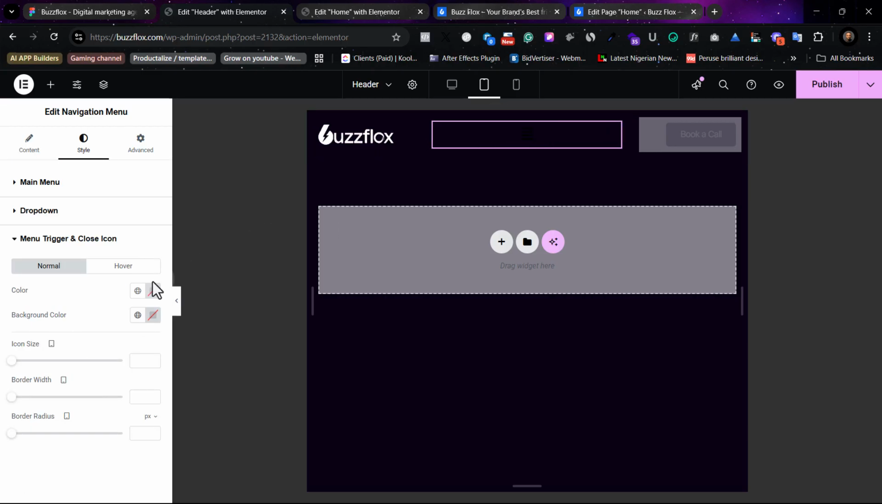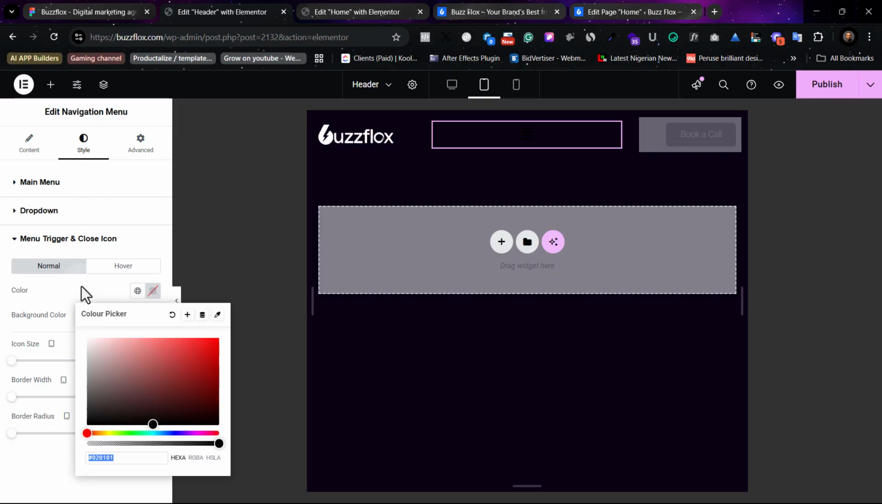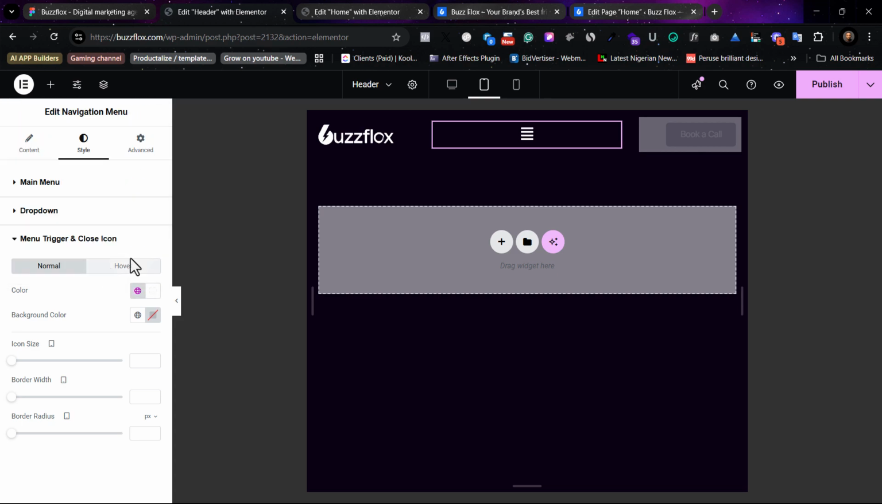Then this guy here, the menu, we've already done that, that's the inside of this menu. By default, the color would be white. So we're going to make it white. That's how we can see it's actually there. Then